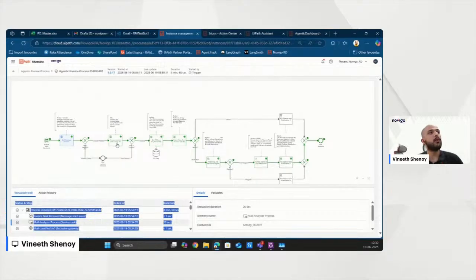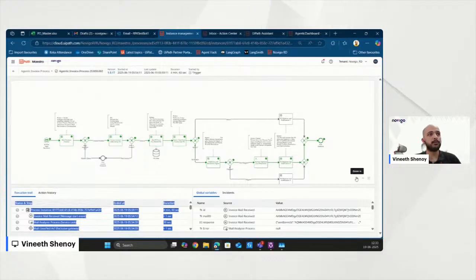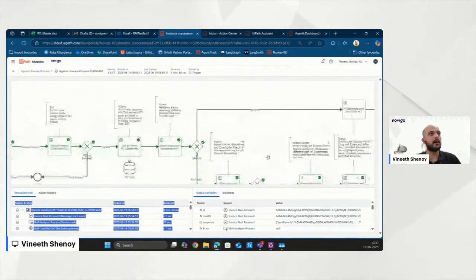Only if it's an invoice, we will proceed with extracting the data using UiPath Document Understanding. Followed by that, we will get the PO data from the master file, and in a real-world scenario, it could be replaced by an ERP system such as SAP or Oracle. Then we will match data from the invoice and PO with an exact two-way matching.